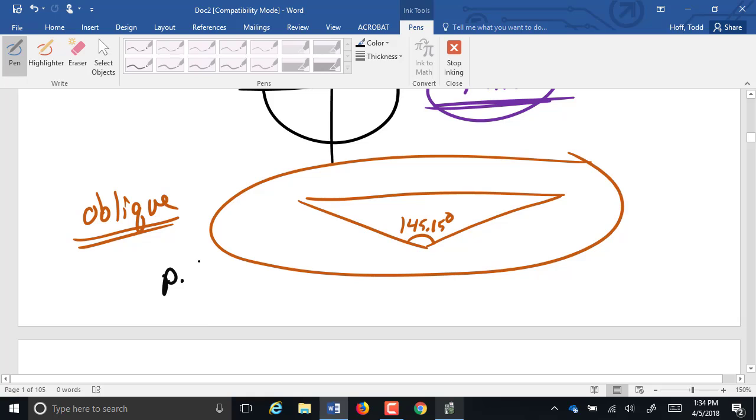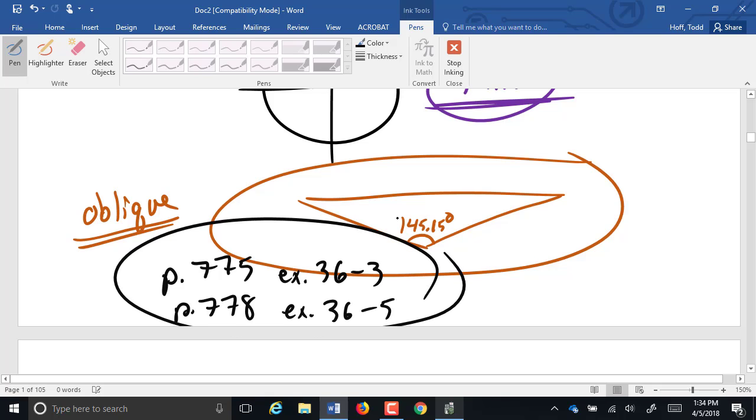In your book, page 775, exercise 36-3, and page 778, exercise 36-5. I want you to work on those with these reference angles and coterminal angles. And tomorrow we